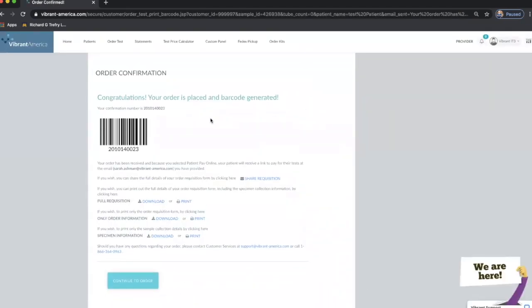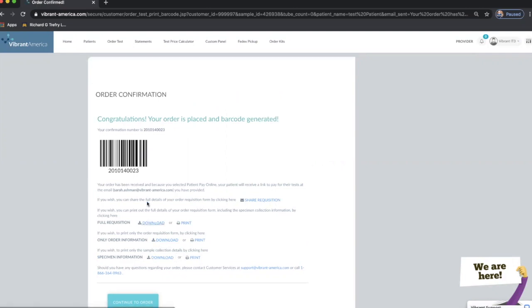And then you will see this screen populate that lets you know that your order was placed. From this screen, the same options are still available as before. You can download and or print the full requisition. You can download or print the order only information, and you can download or print specimen information. The difference is